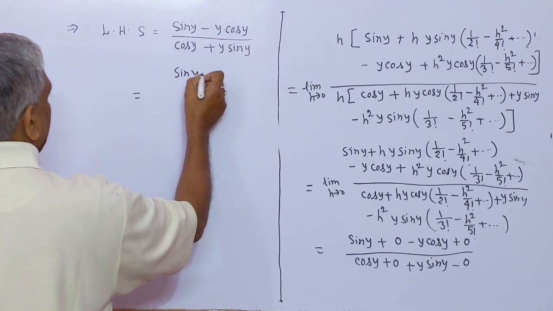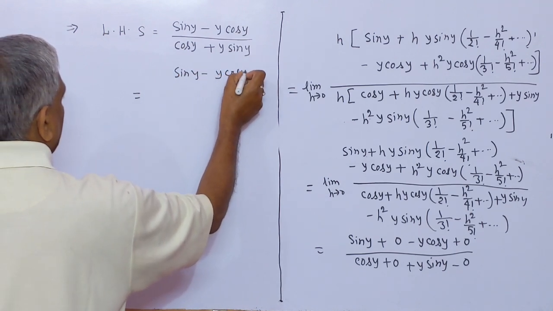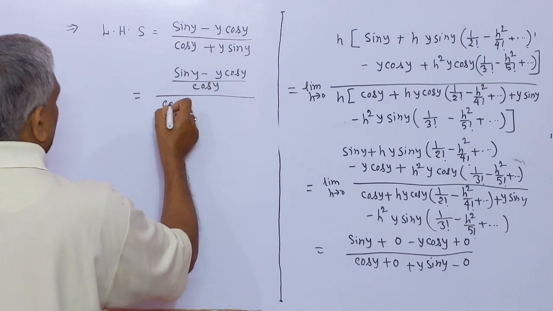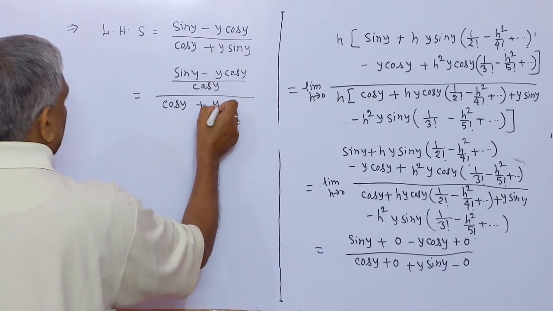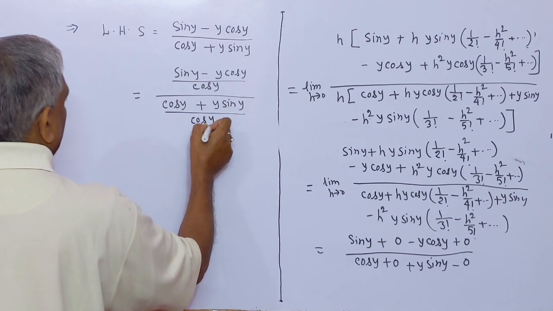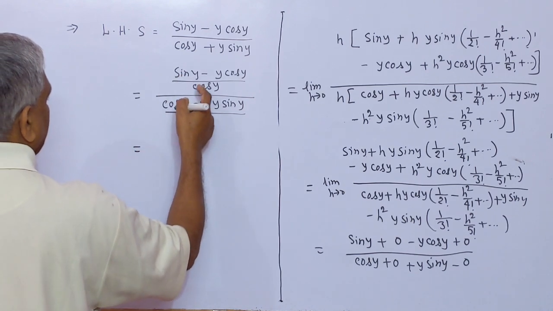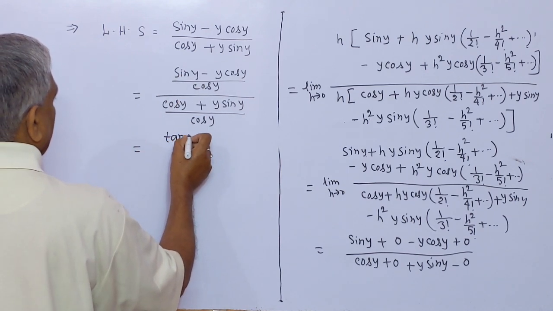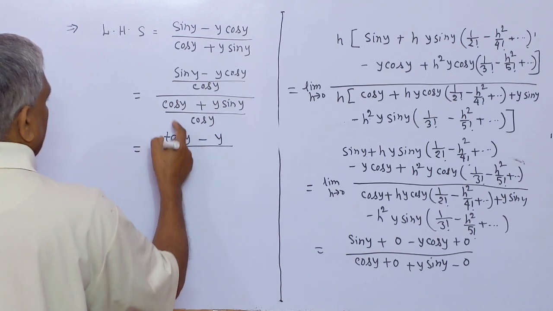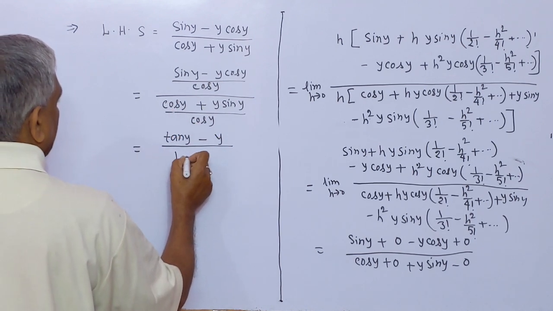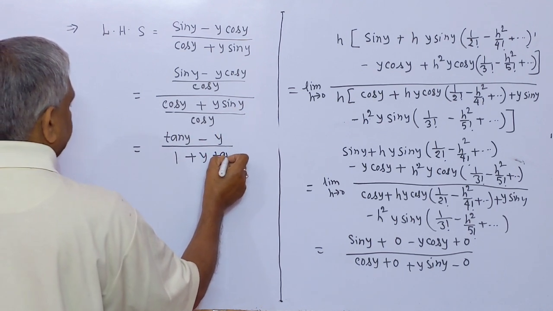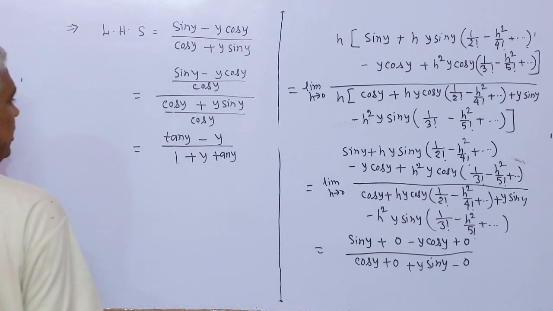Sin y minus y cos y by cos y, by cos y plus y sin y by cos y. This is equal to sin y by cos y is tan y, minus y by cos y by cos y, 1 plus y sin y by cos y tan y. Let this is number